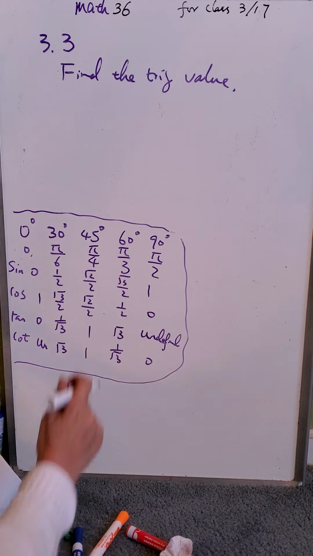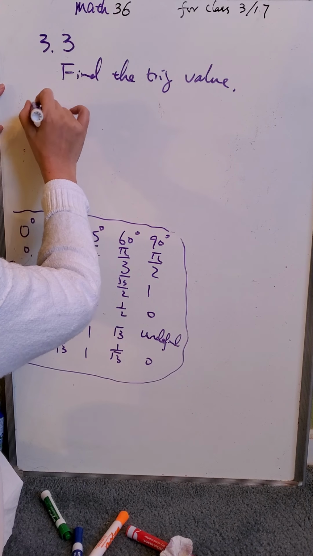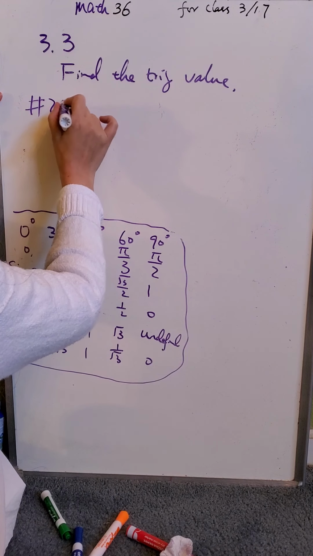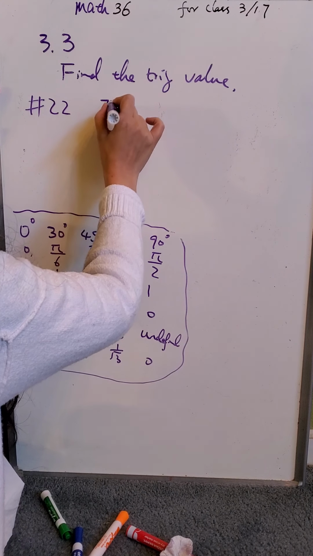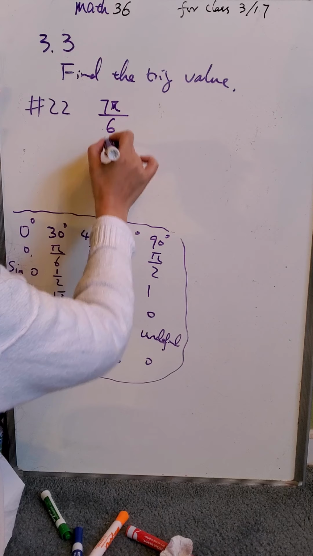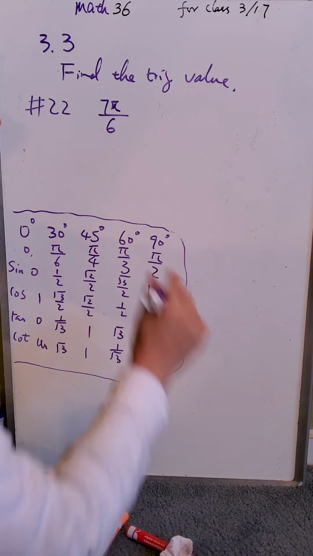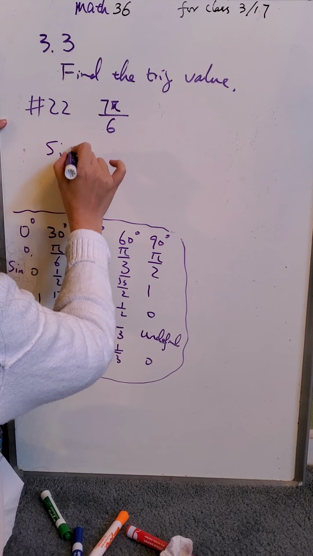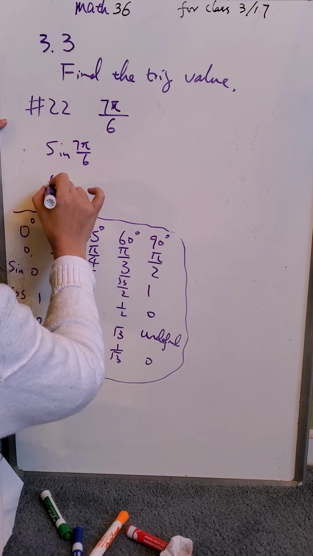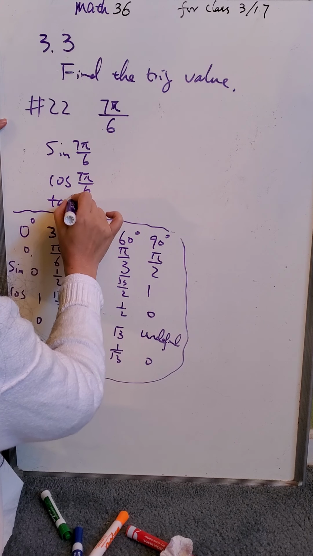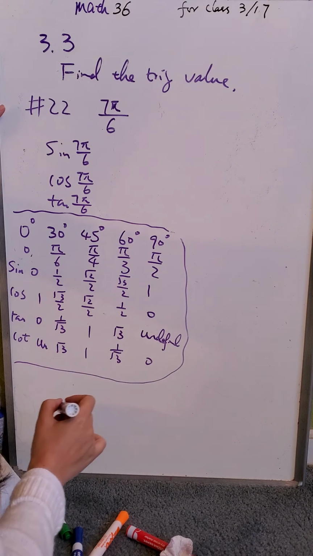We're going to try 7 pi over 6. This is number 22. You are given 7 pi over 6, and they want you to find the 6 trigonometric function values for this one. So that means they want sine 7 pi over 6, cosine 7 pi over 6, and then tangent 7 pi over 6,